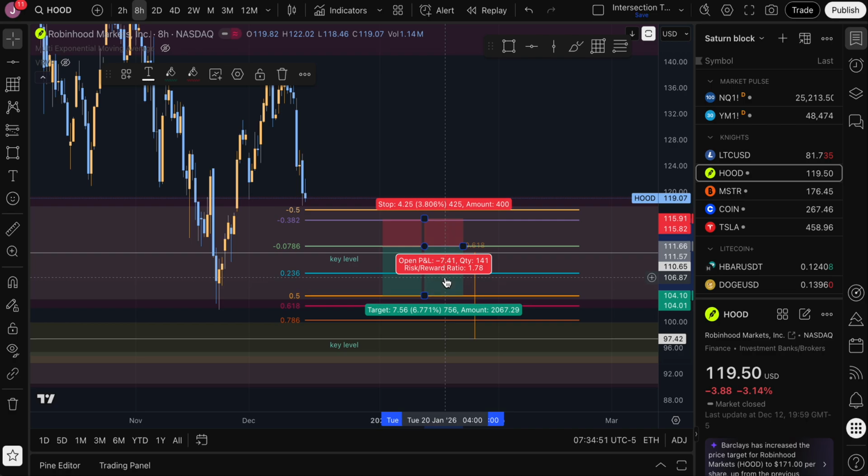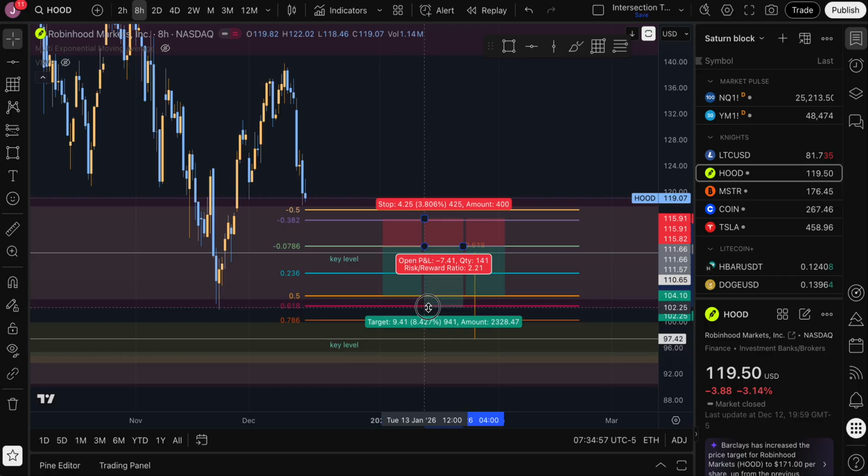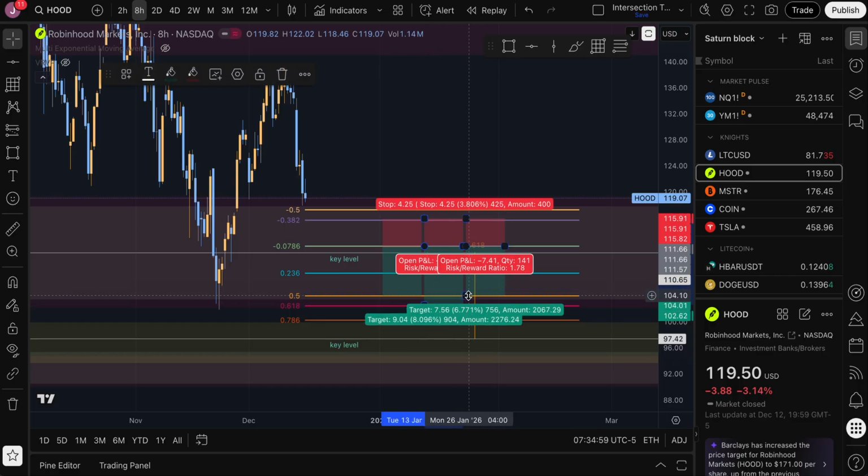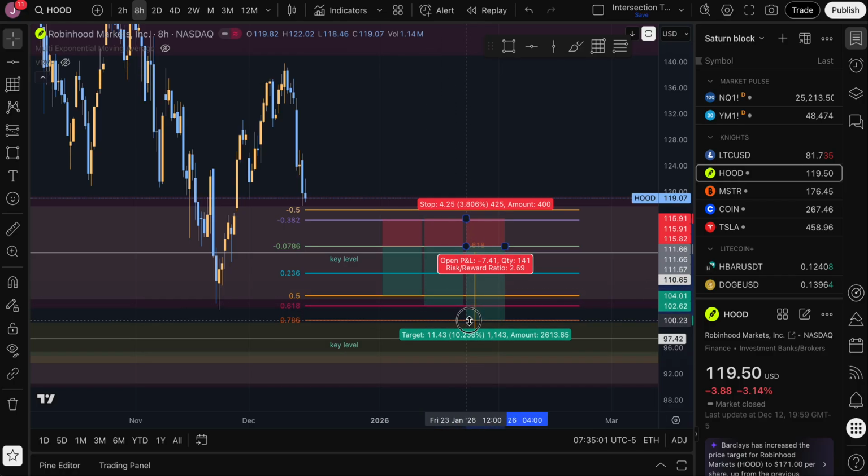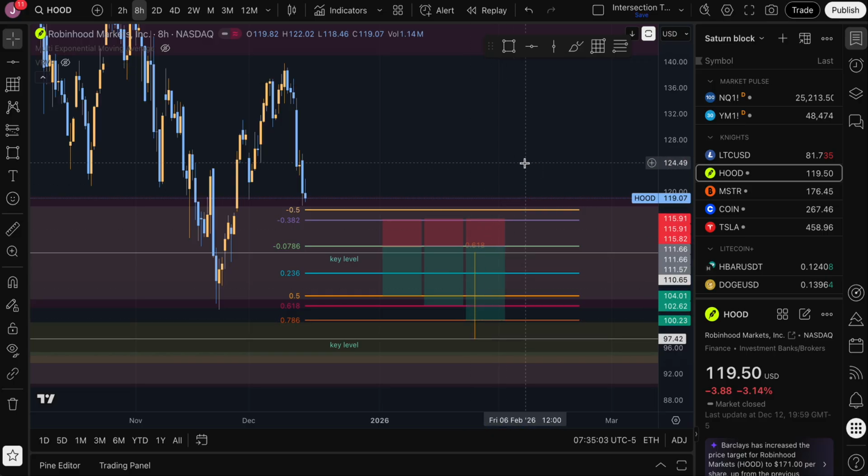Copy that over once, twice, and target 2 would be 618, target 3 would be 786. So now we'll take these values, 115.90 down to 100,